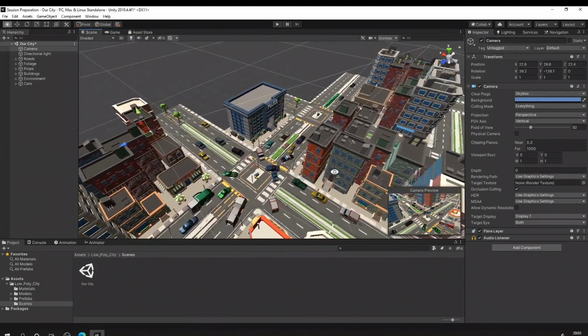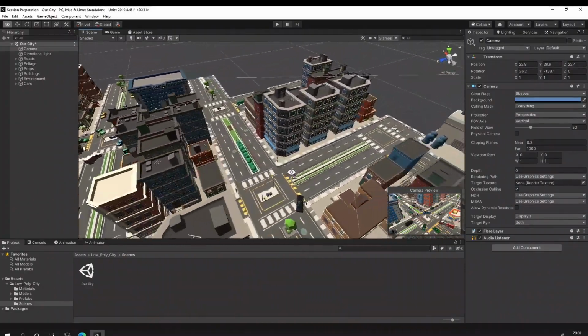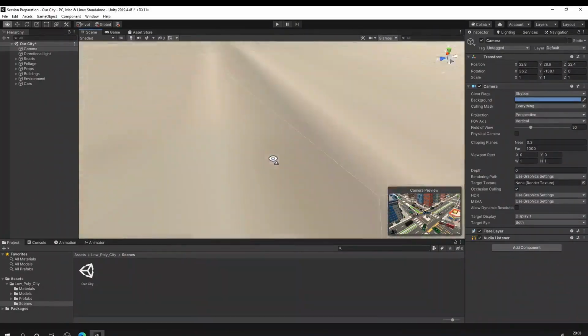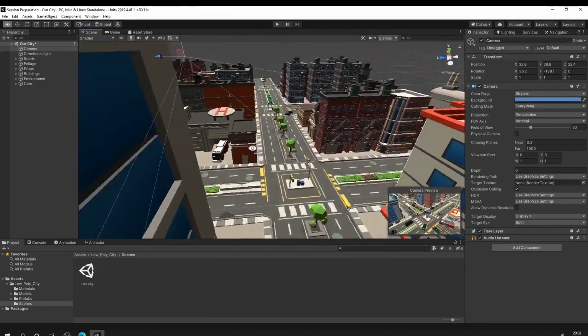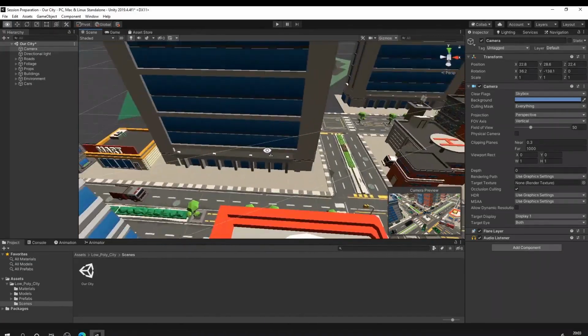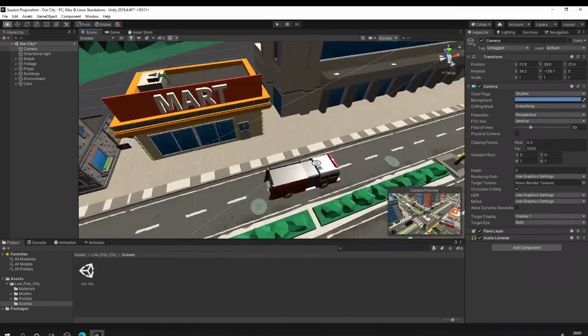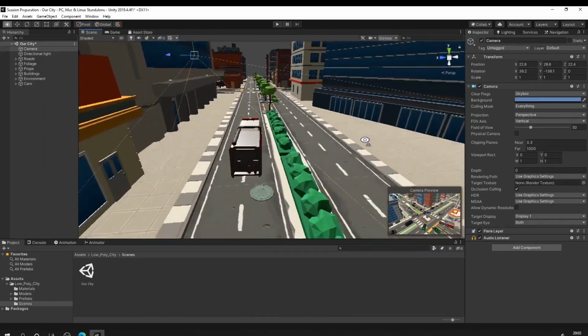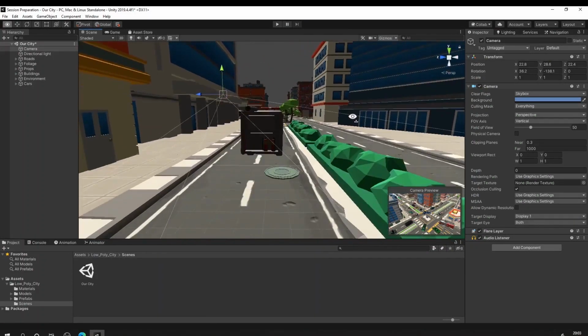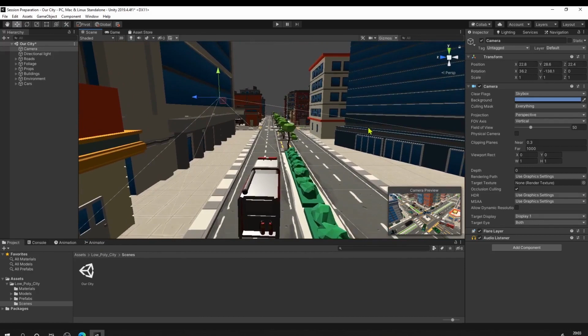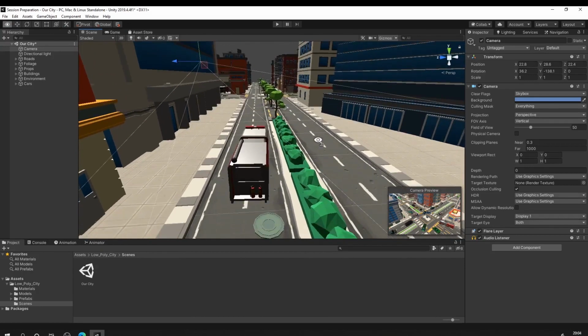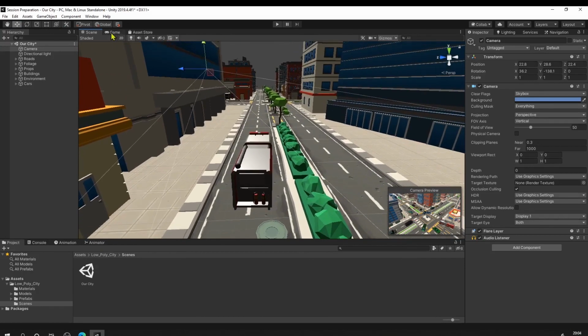So here is a cool trick. Just go to your ambulance. Wait a minute, I just lost mine. Okay, so here is my ambulance. Position your scene view as you want it to be in the game view, because I want the game view to look like this. Then select your camera,